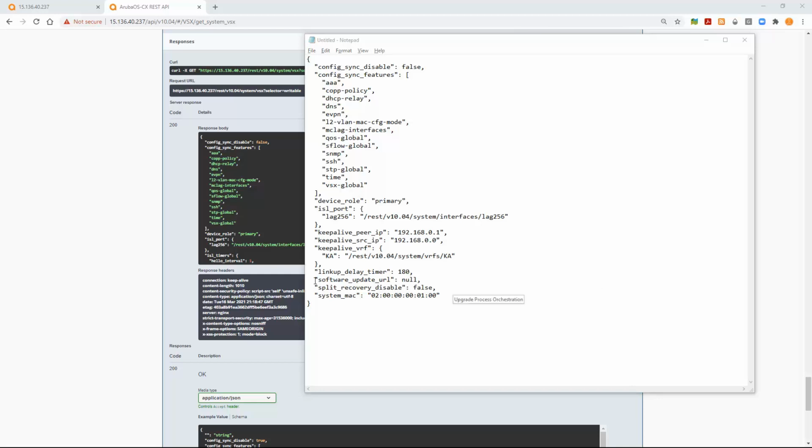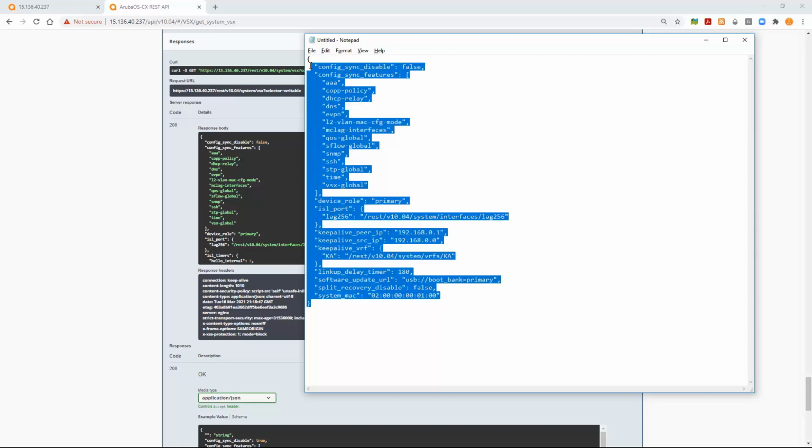So for that, I'm going to replace that with bootbank primary. And this is the minimum configuration. So as you can see, I will put the existing pre-configured information for VSX because if I don't do that, it will be removed from the config. So this is where really the patch API method would be better.